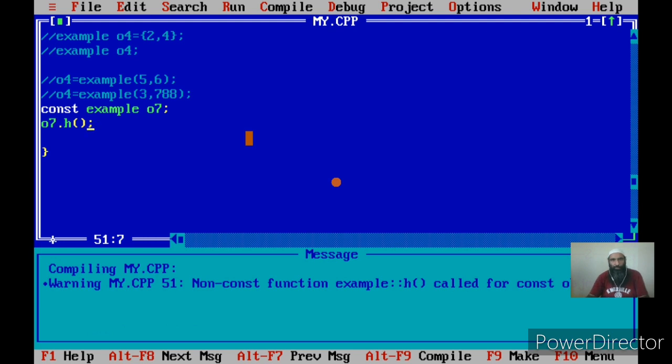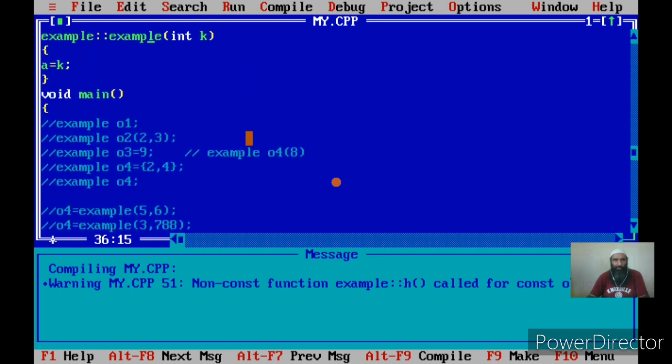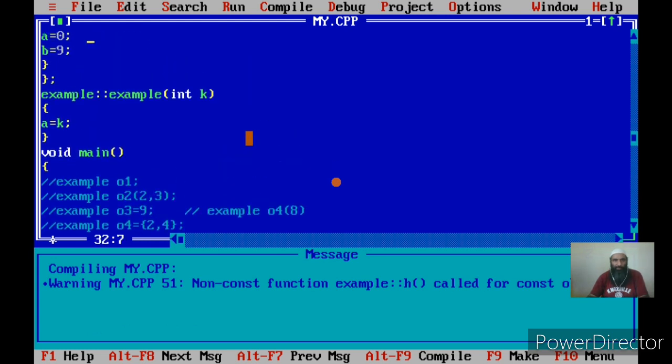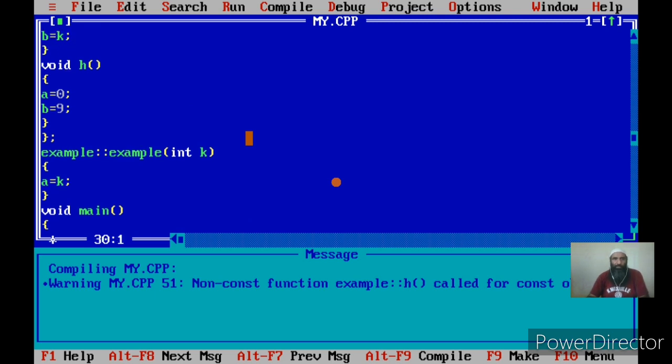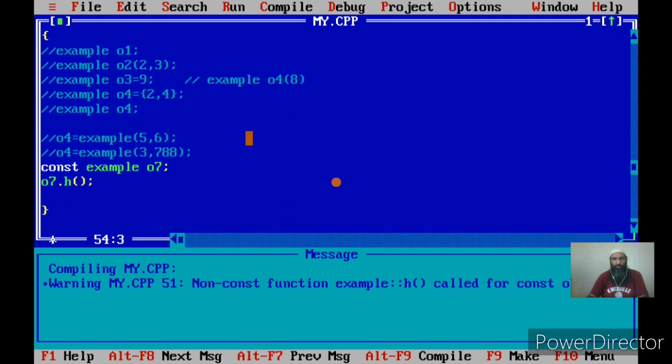So with a constant object, you cannot call a function that modifies the data members. The compiler has issued a warning that a non-constant function h is called for a constant object, since I have declared O7 as a constant object.